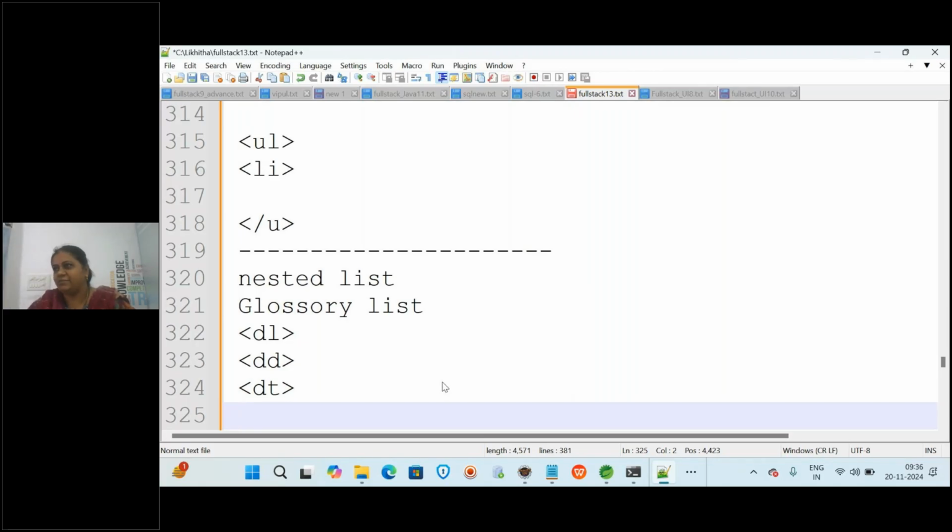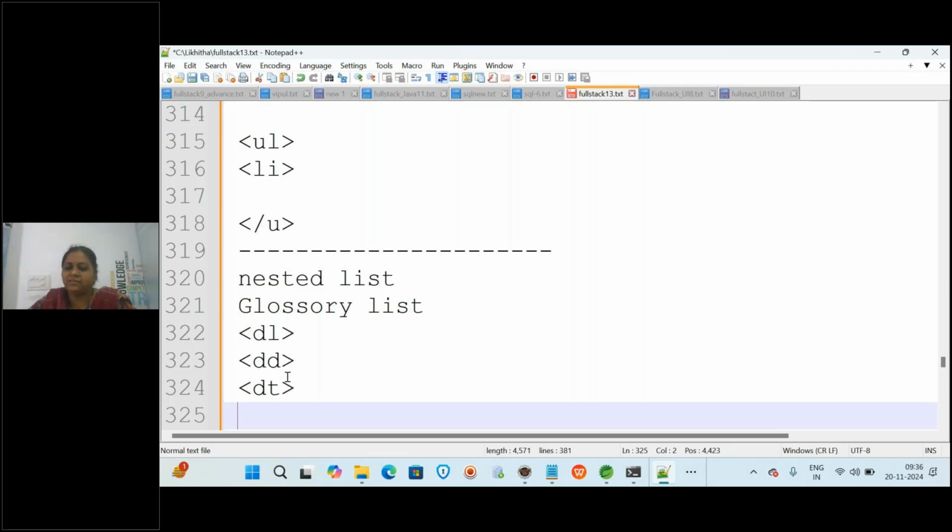If you give tea, a hot drink, or Pepsi, a cool drink, like that. When you want to tell some information, as soon as they see the description, they will understand what it is about. For that we use this glossary list.